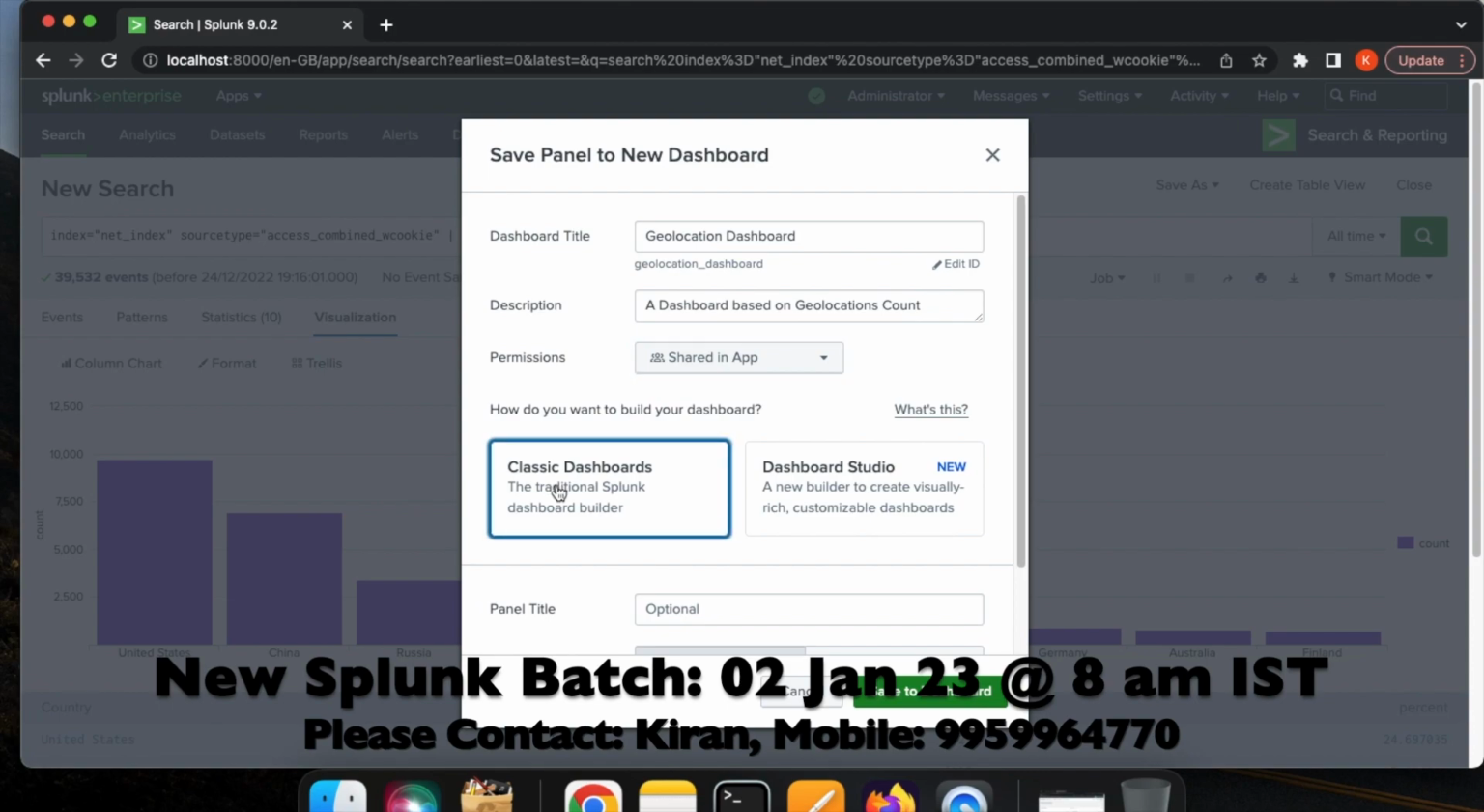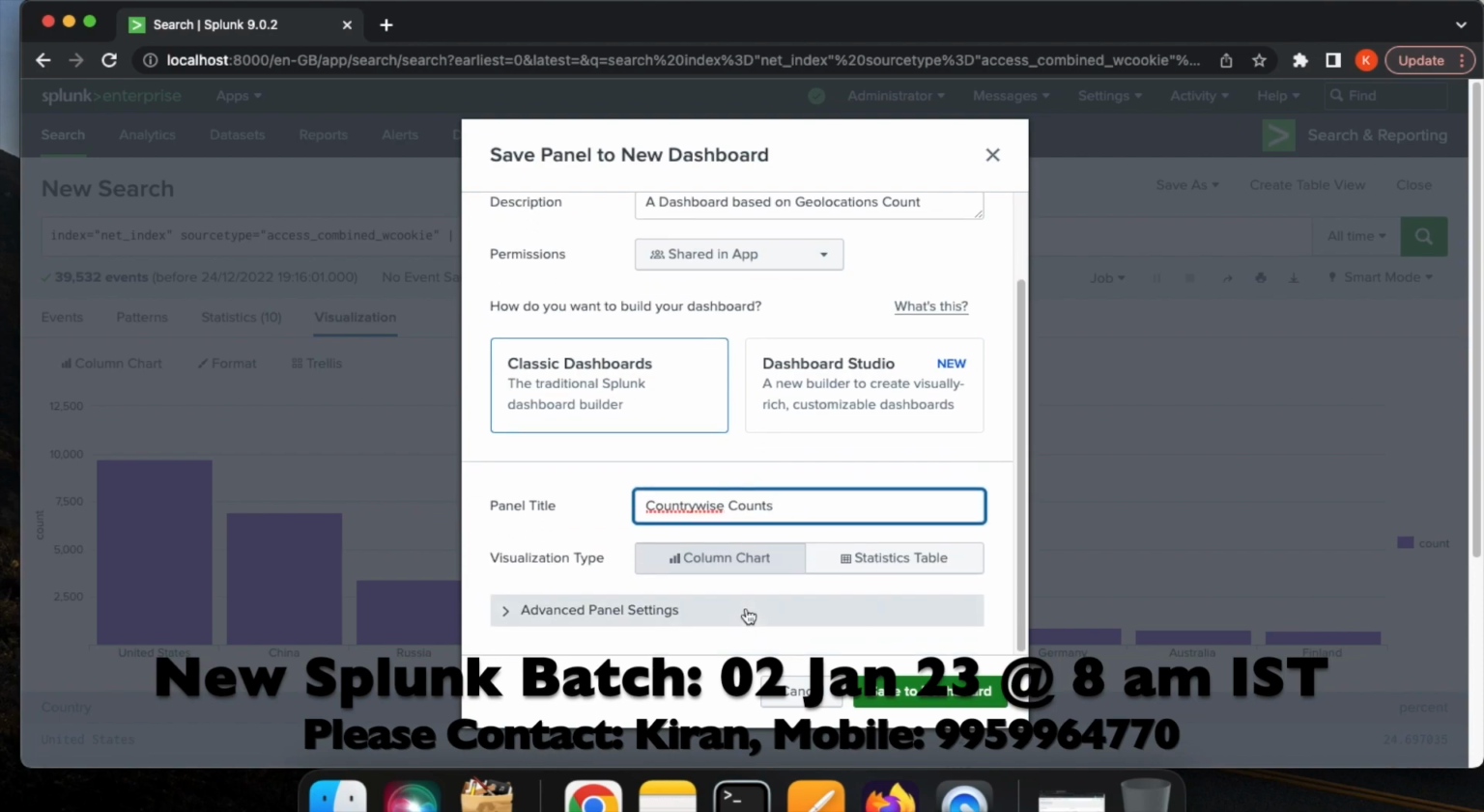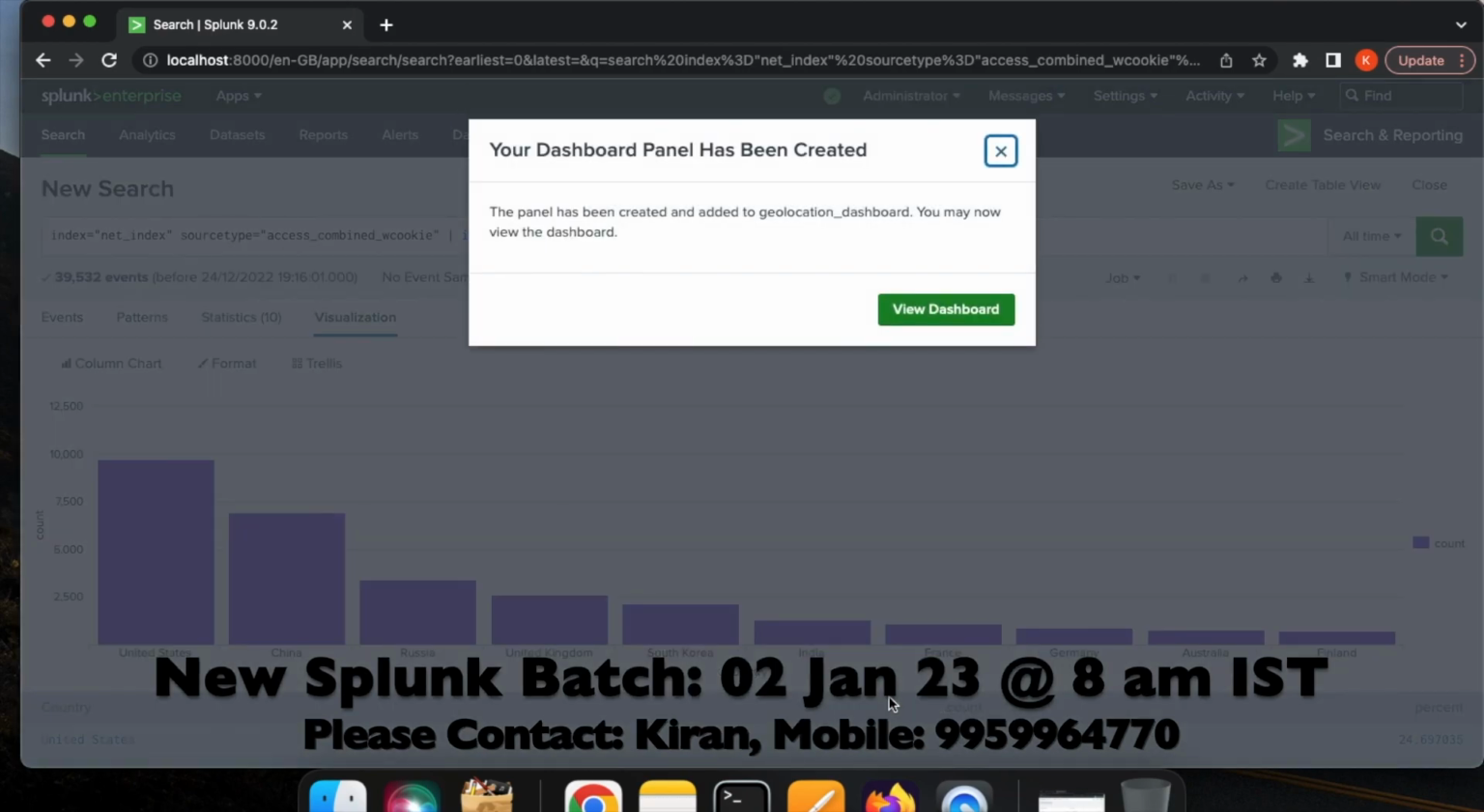Okay, so now because we are going to build country wise counts, my panel title I will be giving the same. Country wise counts, we are going to show in our visualization. That's why I'll be giving country wise counts. Now the visualization tab is column chart only, we'll be keeping like that only, and we'll be saving it to dashboard. Now if you click on this view dashboard,